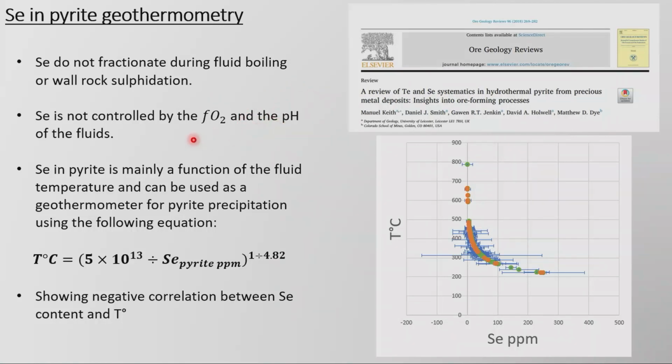So they conclude that the selenium is mainly a function of the temperature, and that you can use the selenium to estimate the temperature of the precipitation for the pyrite by using this equation that they give. So basically what they did is that they found a correlation between temperature and selenium, showing a negative correlation. However, we need to be careful with this geothermometer, because I tried to use it,